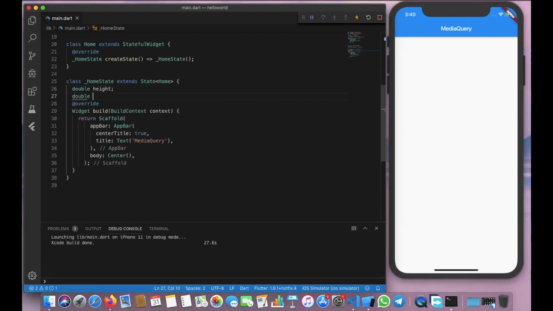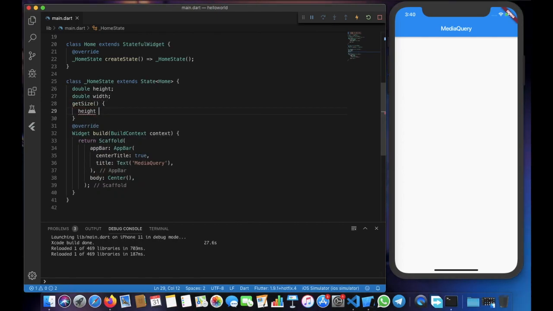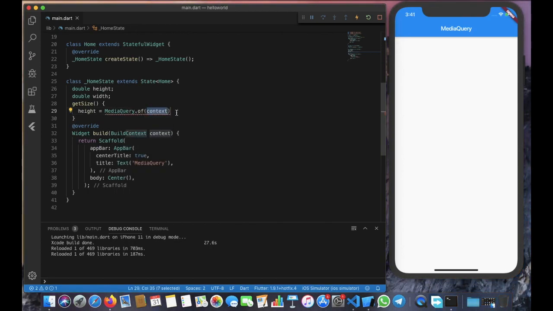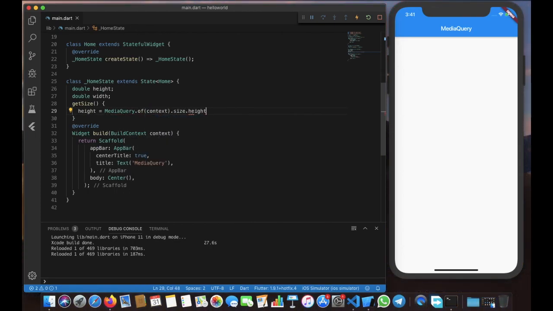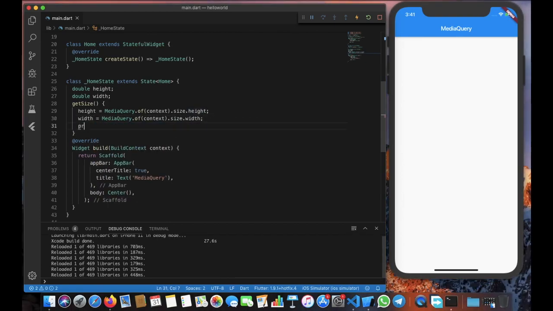Here, I'm creating a function to get the height and width of the device by using MediaQuery. Context is basically the current place where our widget is built. Printing the values,